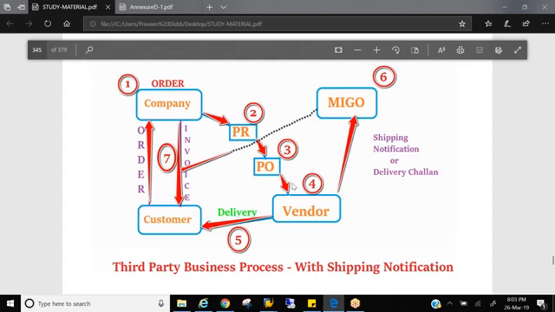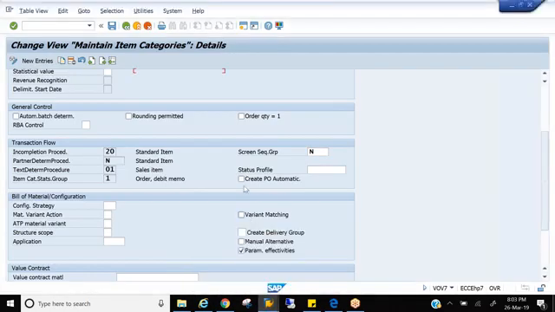So where is the control that whenever we create an order in the third party or IPO process, the system automatically triggers a purchase order? This is the control. The system is triggering an automatic purchase order whenever you create an order, right?